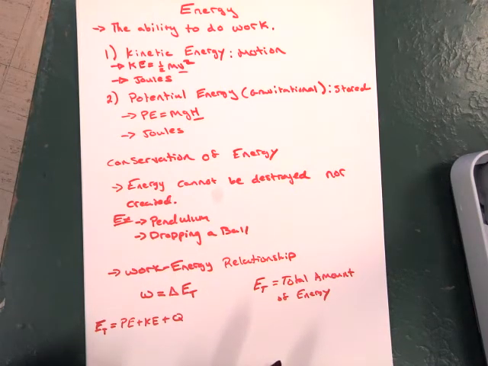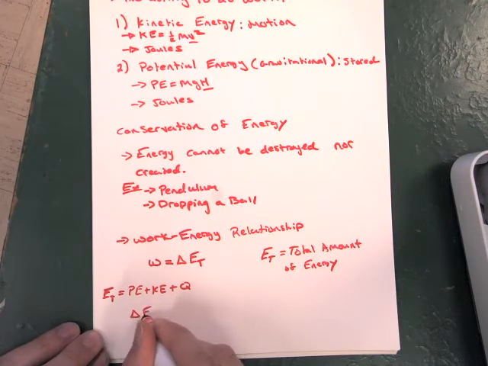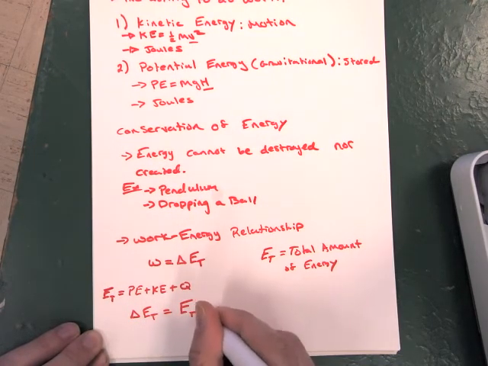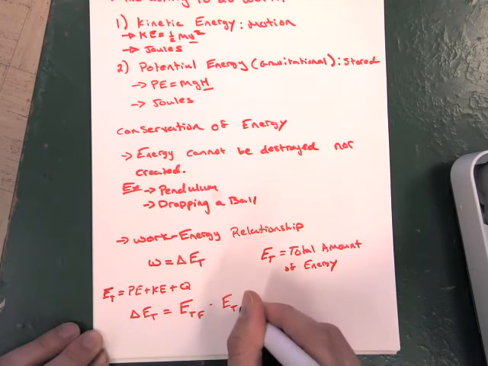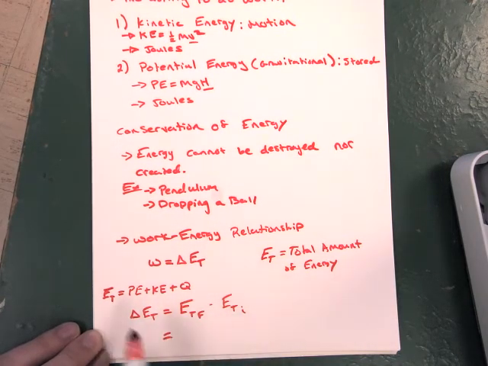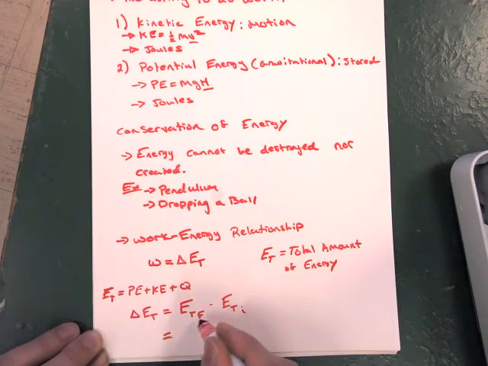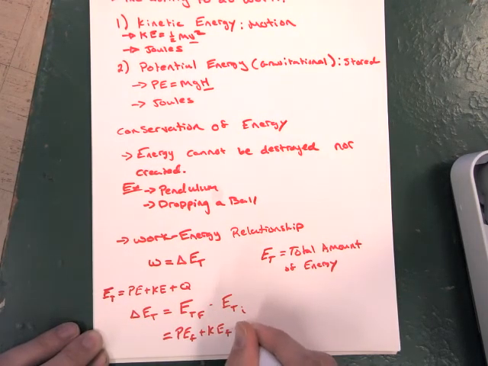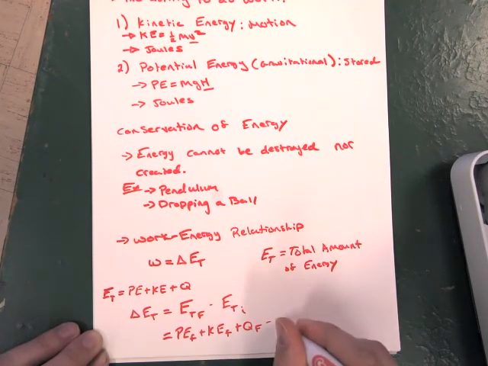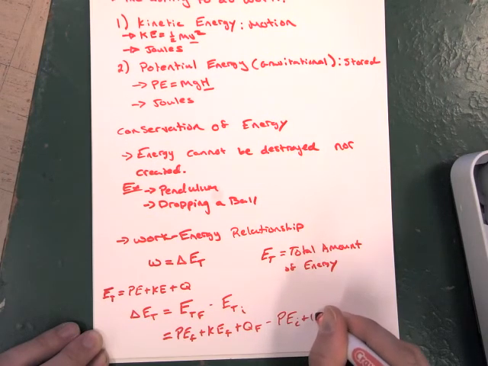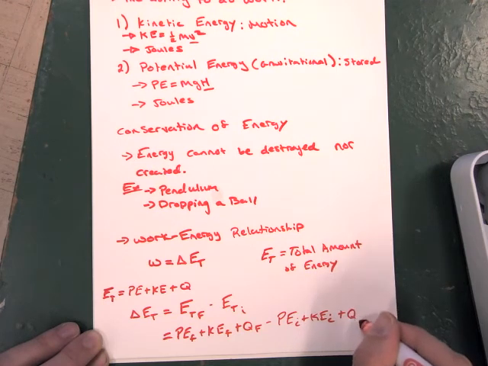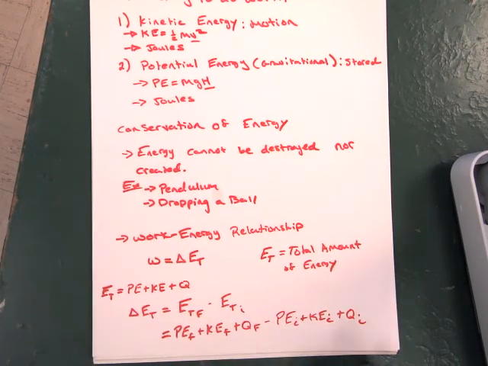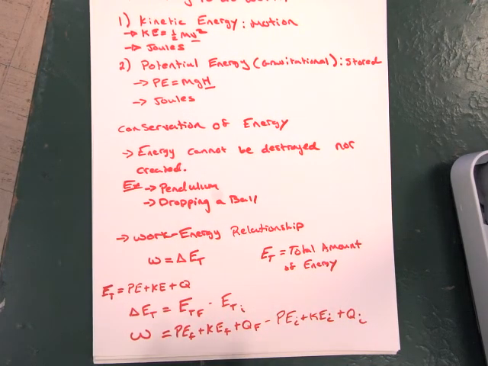Just breaking this down for you so you do have it broken down, we can say that change in ET equals total energy final minus ET initial. We'll break that down further. You know that ET is PE plus KE plus Q. So we're just going to use those finals and those initials. So PE final plus KE final plus Q final minus PE initial plus KE initial plus Q initial. And all of this is going to equal work. Then you can go through your problem and cancel out what needs to be canceled out, what is there and what is not there. But before we go back into this,